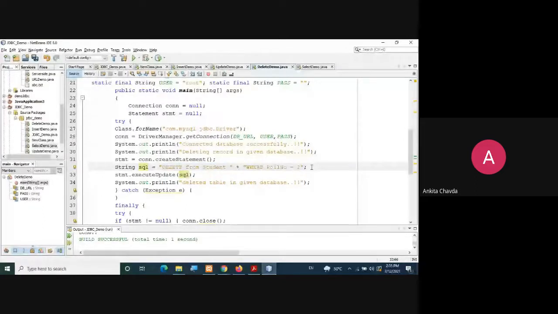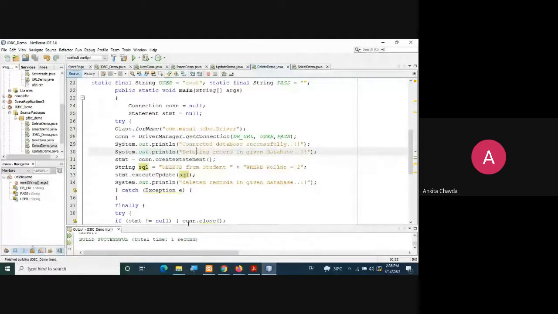This is what I want to delete. Because roll number is my primary key here, I'll use that. And here you will again write execute update. Fine. And at the last we will write that deleted the records in the given database, right?